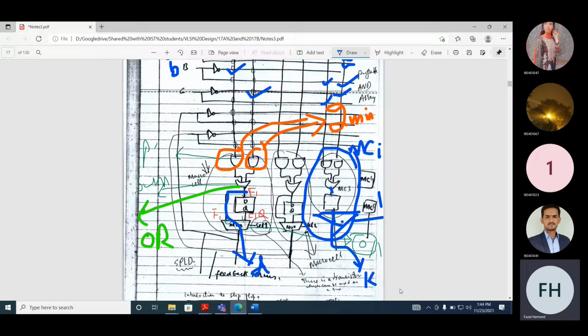And when we have a flip-flop, it will have some reset mechanism. In all of these SPLDs there is also some reset mechanism, so some signal will be going to this.